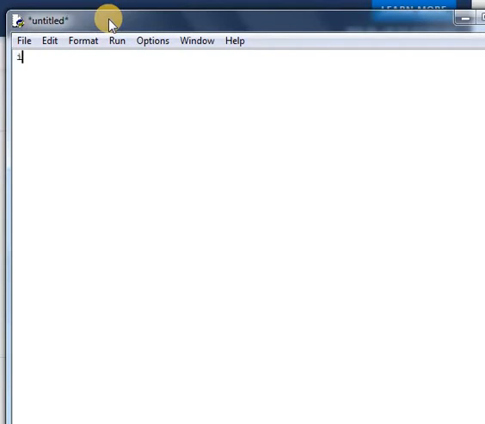As usual we are using matplotlib. So what do we have to write? Import matplotlib dot pyplot as plt.